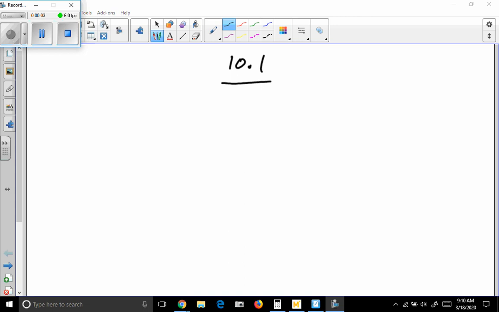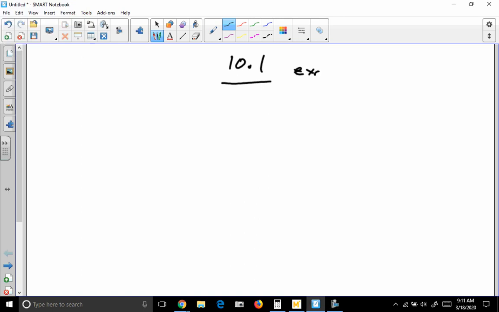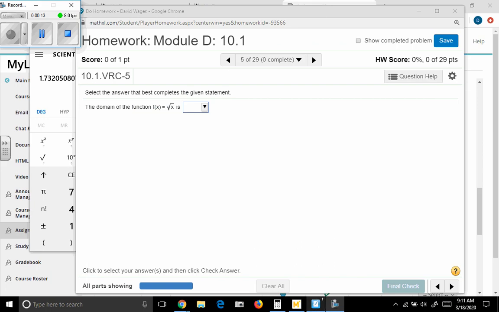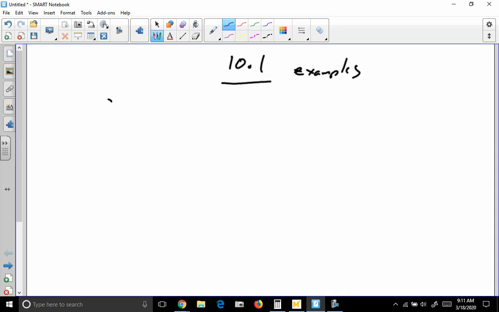So 10.1, hopefully you've already watched the lecture video, so I'm going to work through some examples from homework. Let's begin by taking a look at this one. It asks us for the domain of f of x equals the square root of x. So when we're looking for the domain, remember we're looking for what x values can we plug in and get